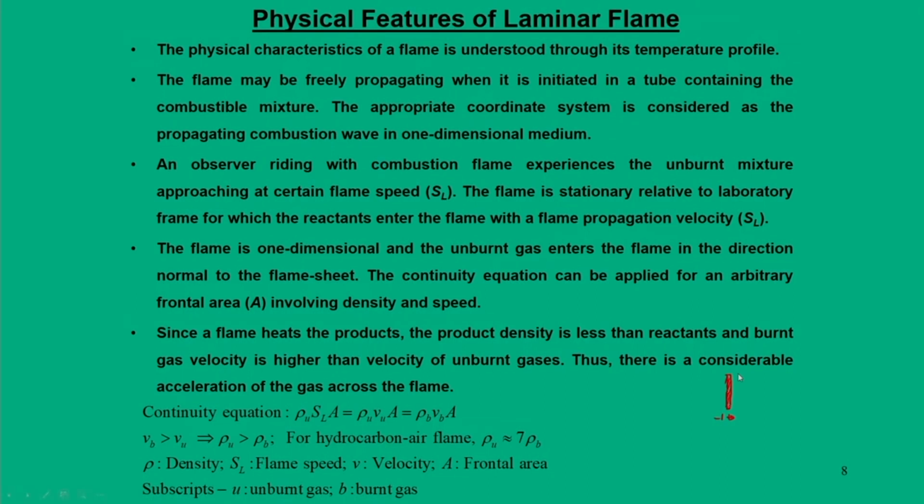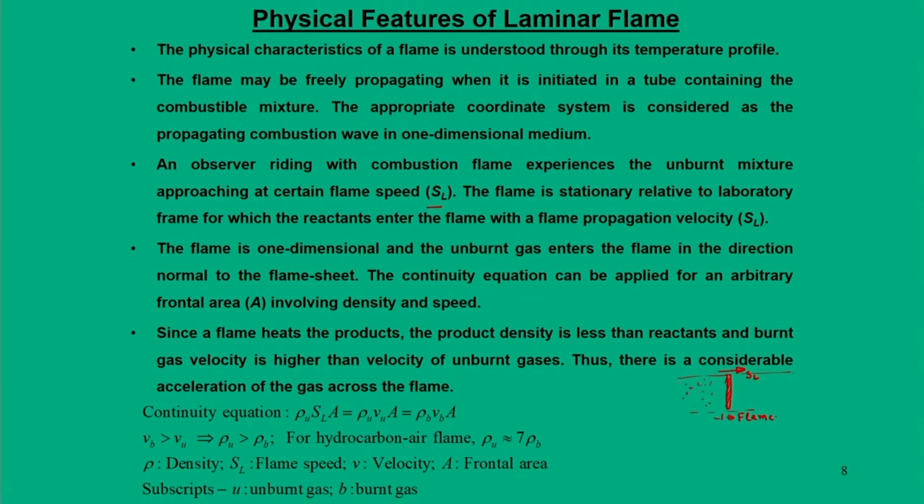So, if you see that there is some flame, it is traveling at a certain speed. Let us say the flame speed is SL and it is traveling at a certain speed. If you say this is a flame, and you take the coordinate system such that you are sitting on the flame and try to see in a one dimensional framework, you try to see where the reactants are and where the products are. So, if you take this domain, you can see